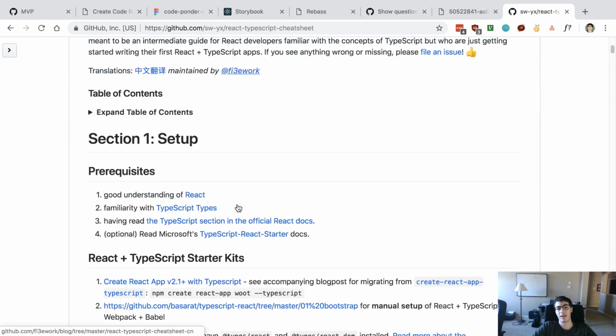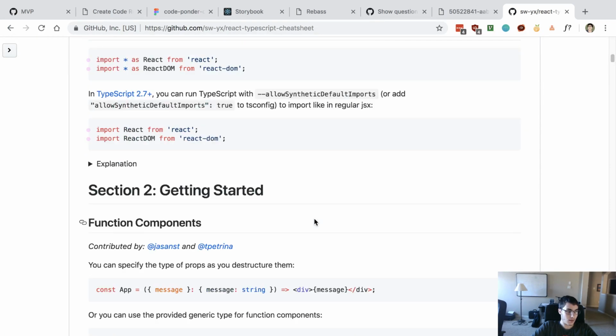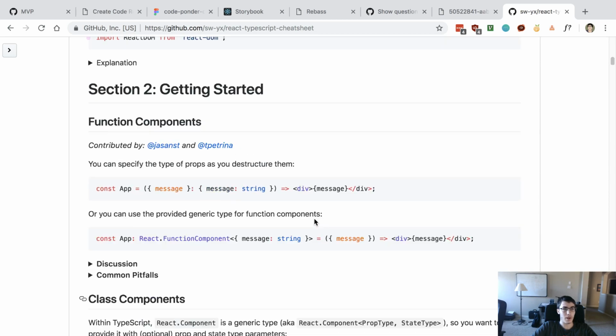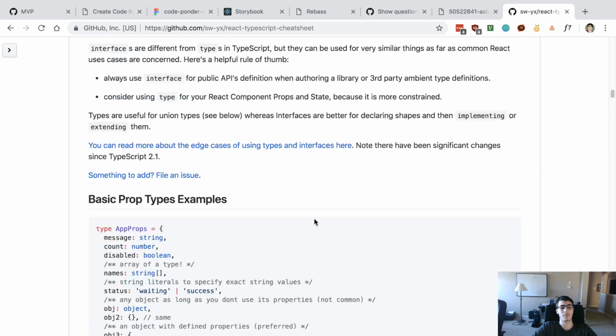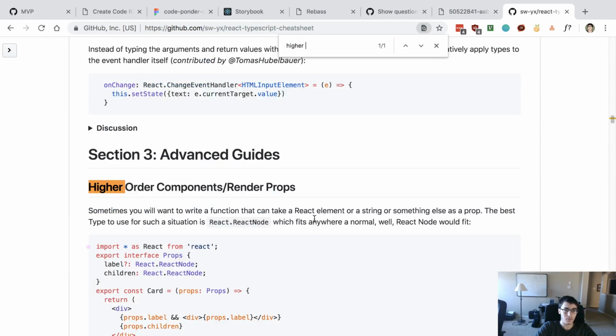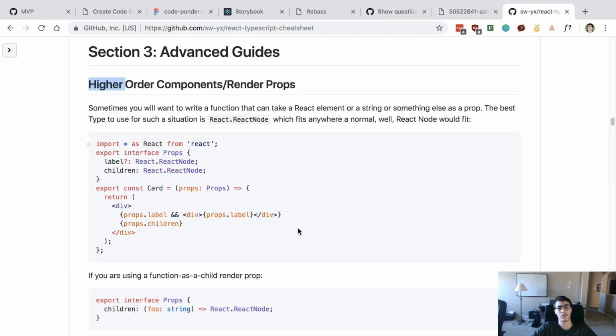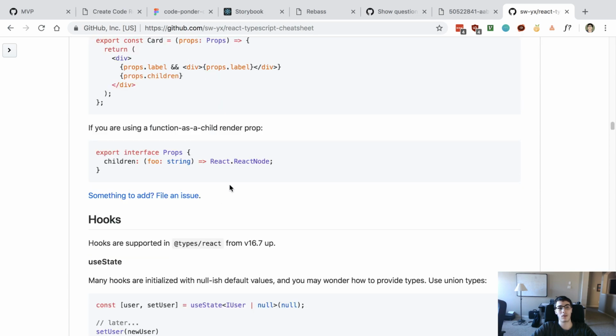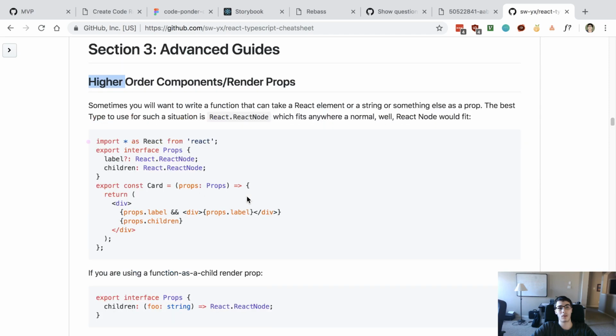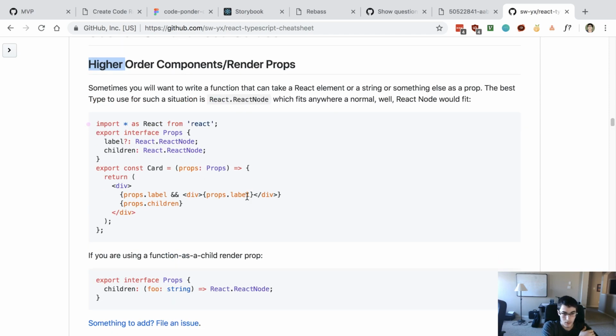So I always forget how to do the higher order components with TypeScript, so I usually just use this guide, which is really nice, this cheat sheet. Alright, so